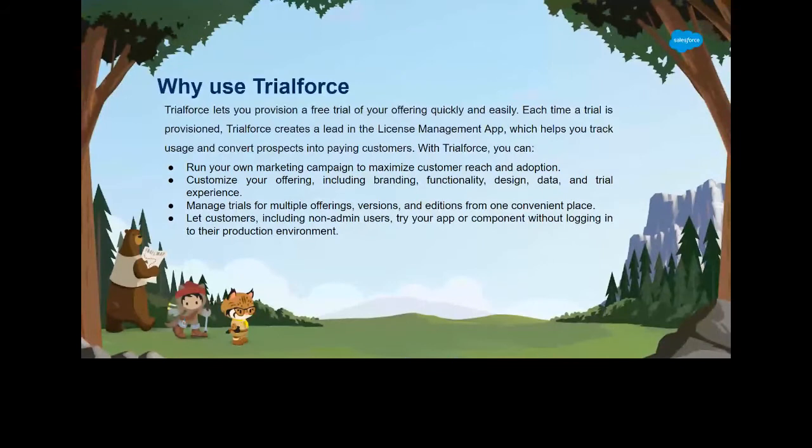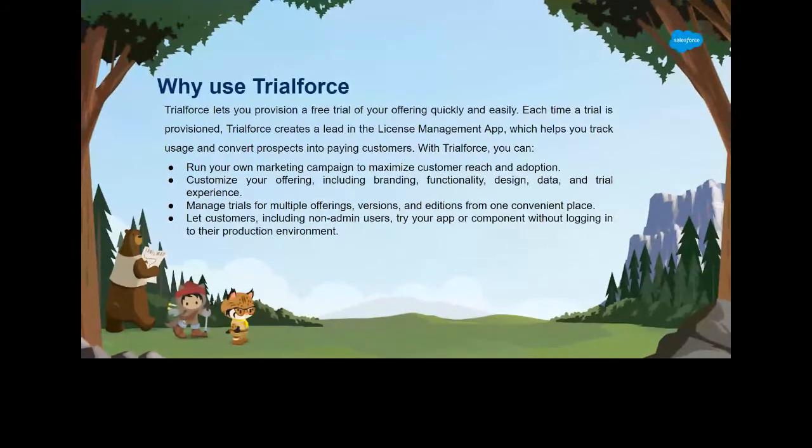Thank you. Okay, so why we use Trailforce and what is the need? Trailforce is another offering which Salesforce gives us. This is basically for the ISV partners, or the partners who are dealing with managed package solutions, whether first generation or second generation. Traditionally, we create a managed package, go through the Salesforce security review, and once it is done successfully, we host it on the AppExchange, right? So the AppExchange solution has already passed the Salesforce security review and is readily available to use.